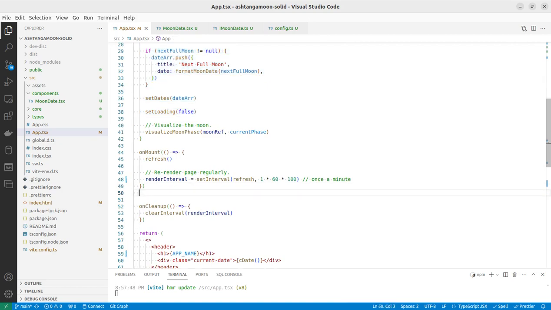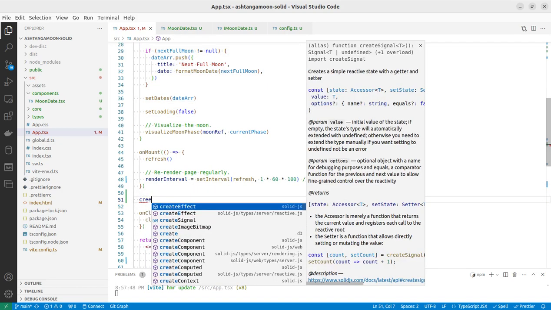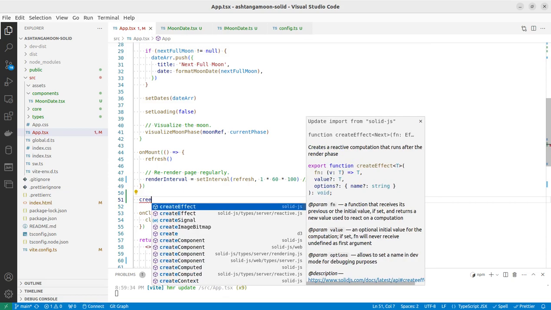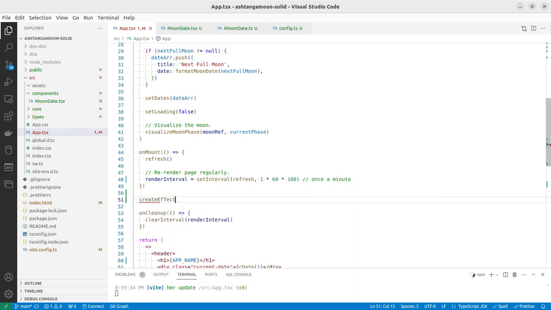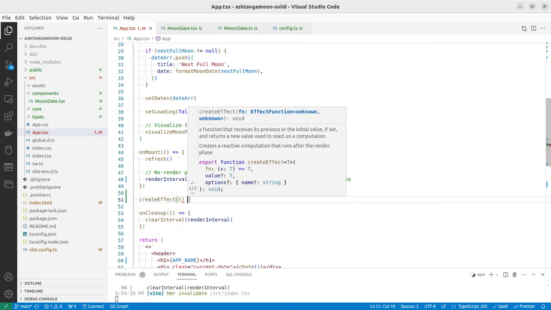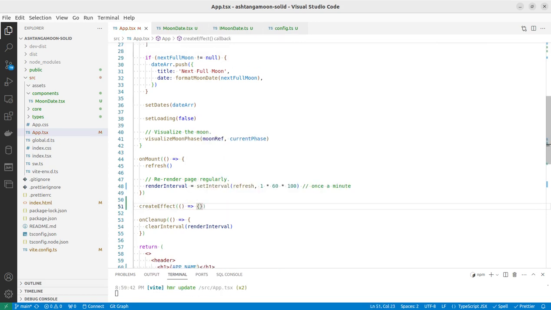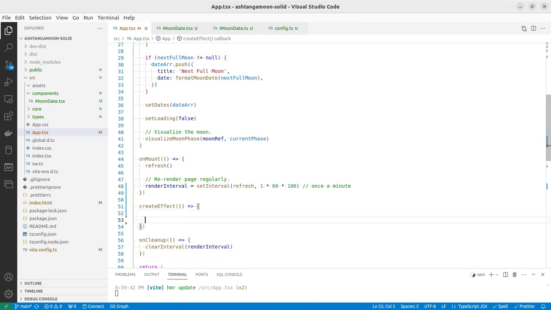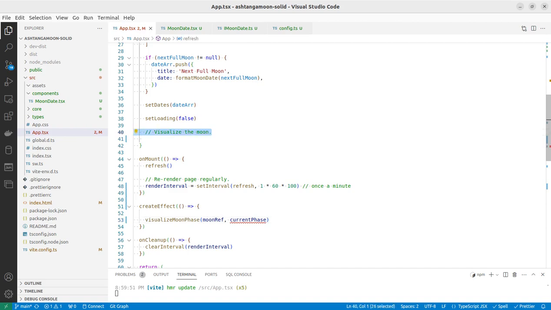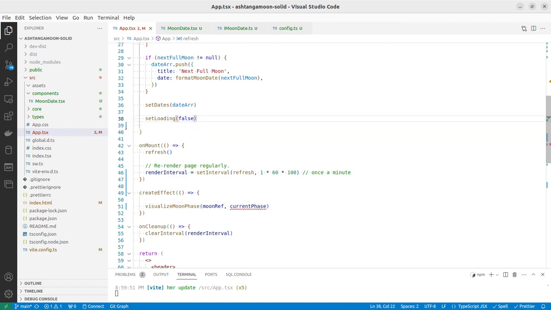I'm going to use createEffect, the Solid.js primitive for that, and just put visualize moon phase inside,